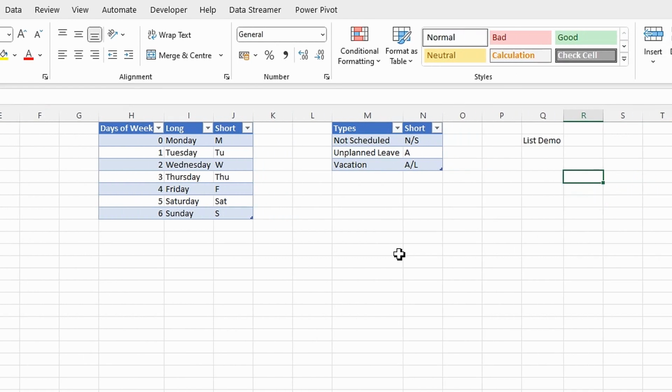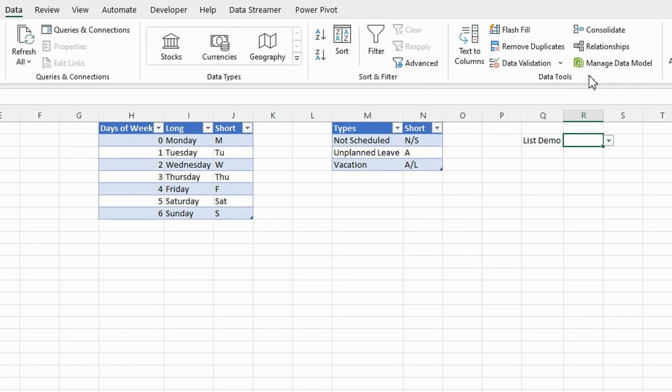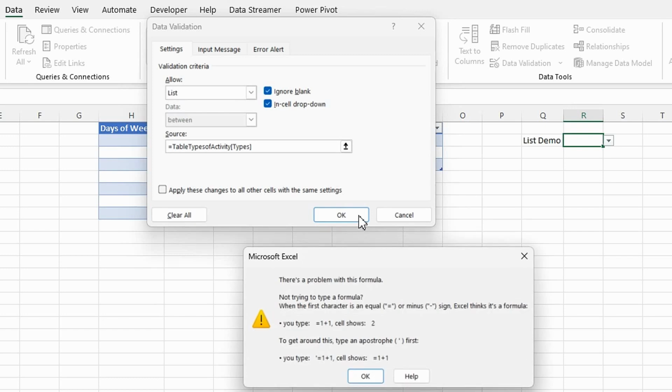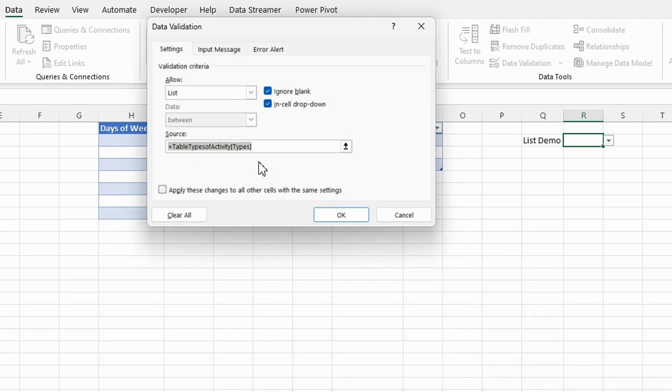just going to delete that there. If I go into this cell again and do data validation, so the data ribbon and then data validation, and replace this with that formula and do OK, I get an error message. And the reason why I'm getting an error message is that it doesn't like us putting a table reference in here. So what I'm going to do, to cheat a little bit, is use the indirect